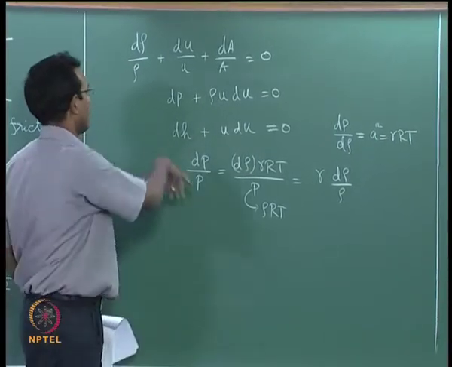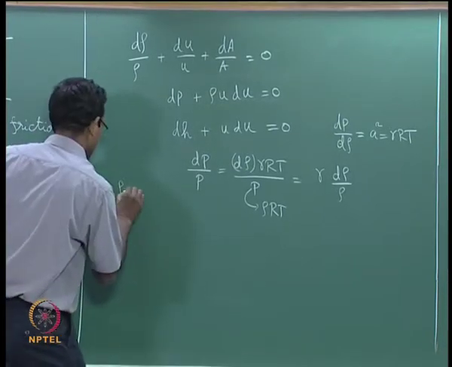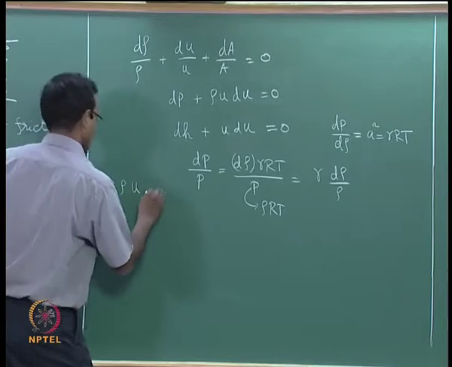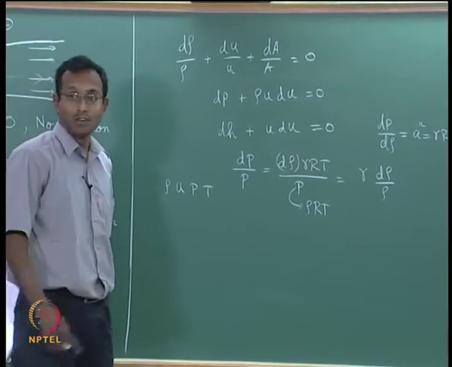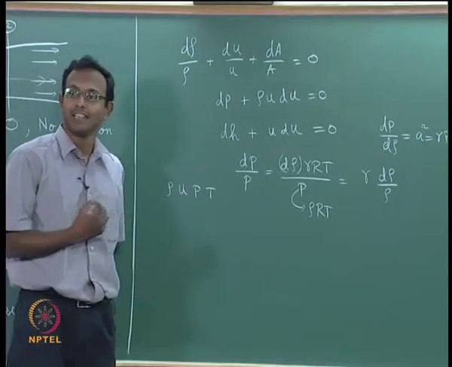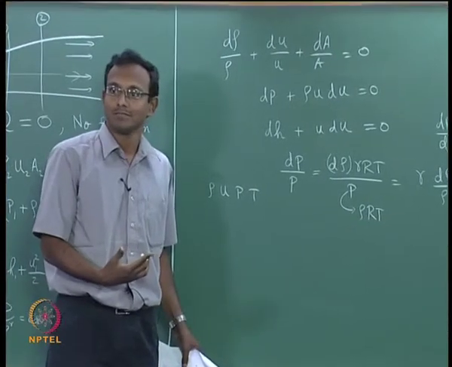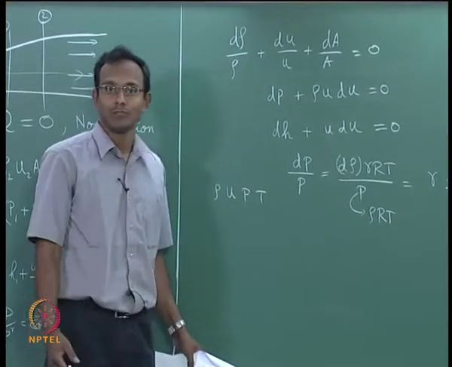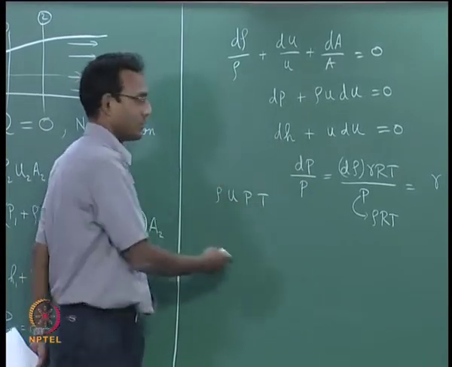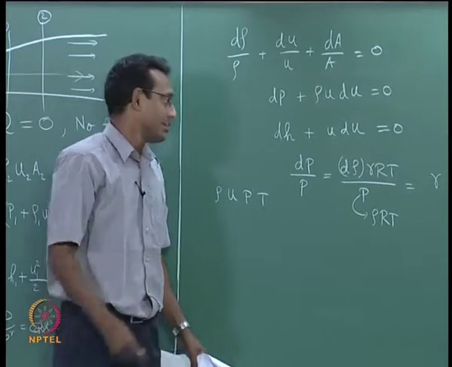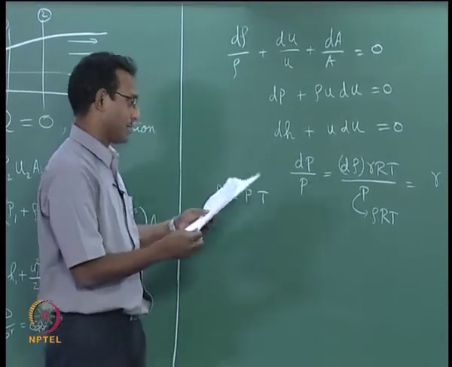Okay. So we have a set of variables. What are all the variables we have? Rho, U, P and T. These are our variables. Of course, A is also changing, but that is the condition we are supplying to the flow. That is not a flow variable really. That is the condition we are giving to the flow. Okay. So these are the equations, 4 equations and 4 unknowns, which can be solved. We just have to manipulate this to get to a point where we can use it better.